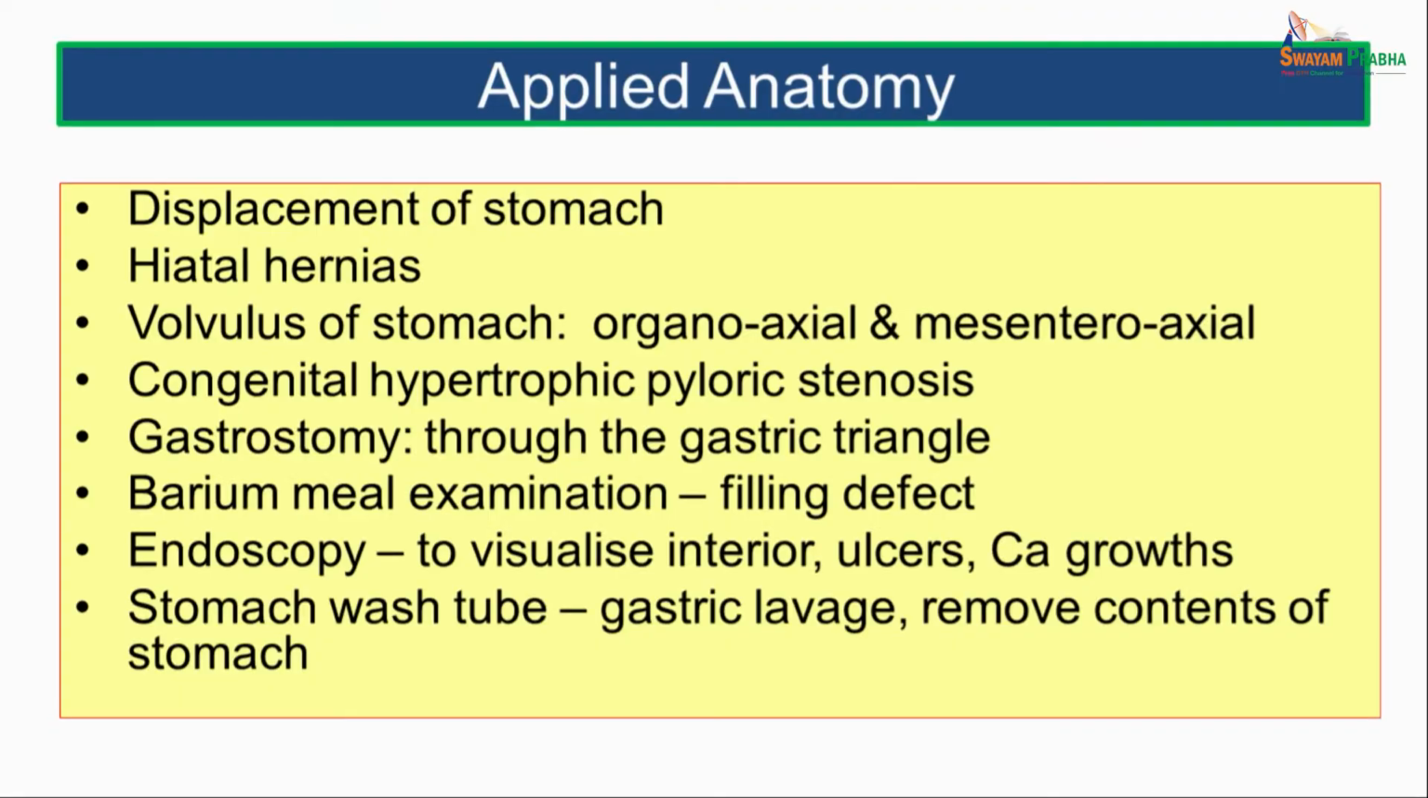The next point is congenital hypertrophic pyloric stenosis. This is a congenital neuromuscular incoordination which is seen due to the thickening of the circularly arranged muscle layer of the pyloric sphincter. Because of this thickening of the circular muscle layer, the pyloric opening is stenosed or is narrow,